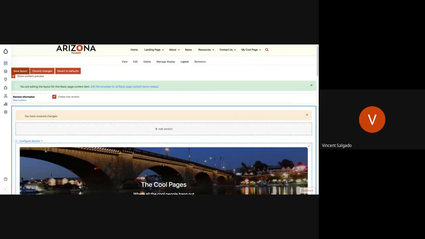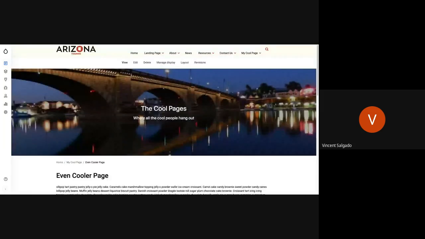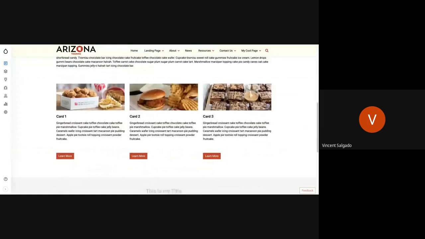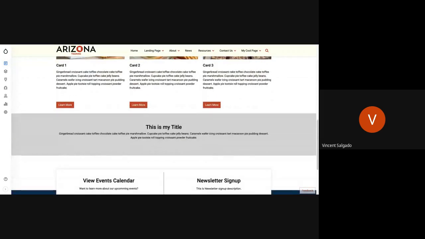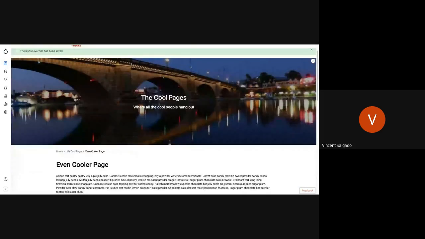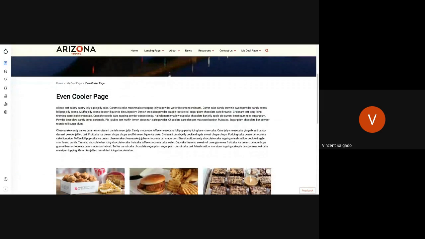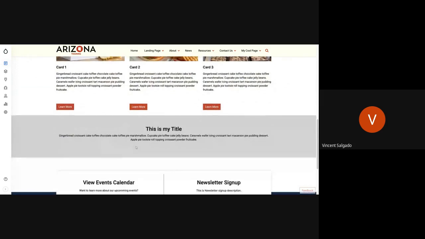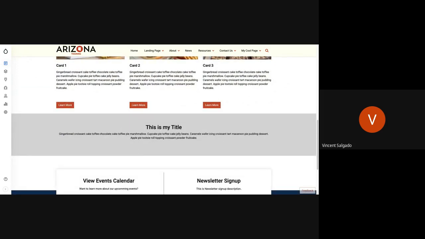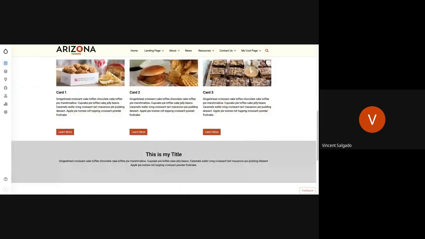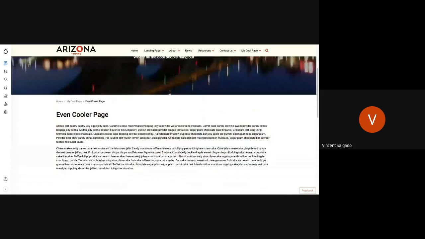Click save layout. And I have that right there where you can see as I scroll down that one fades in from the right, kind of goes over, and this one fades in from the bottom. So there are some interesting things that you can do if you play around and make your site look fairly interesting. Other